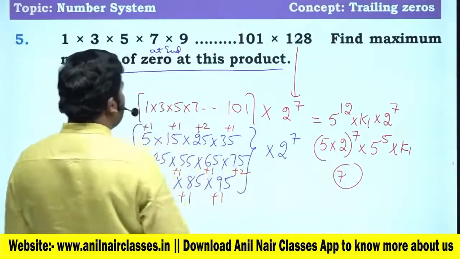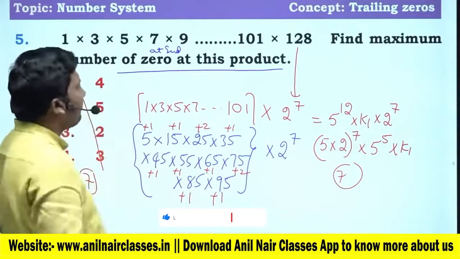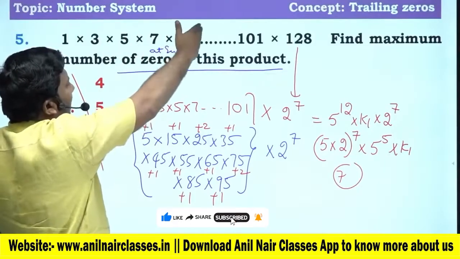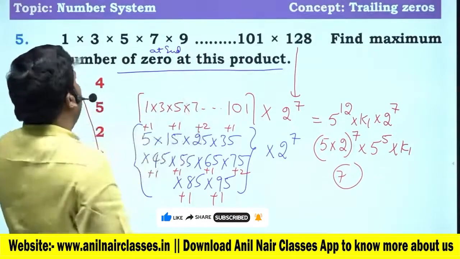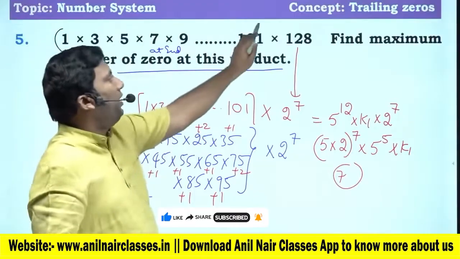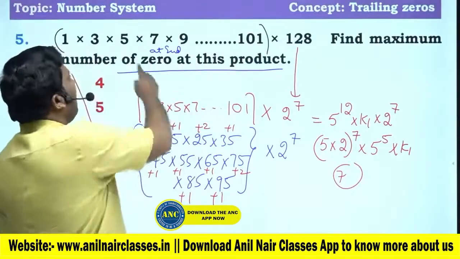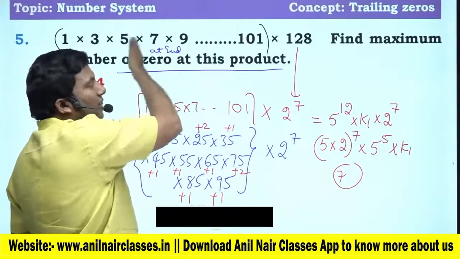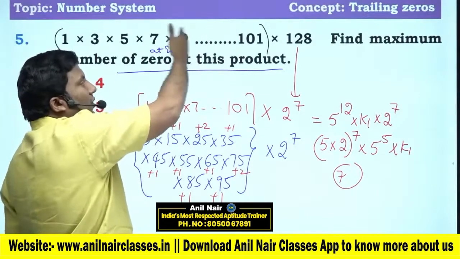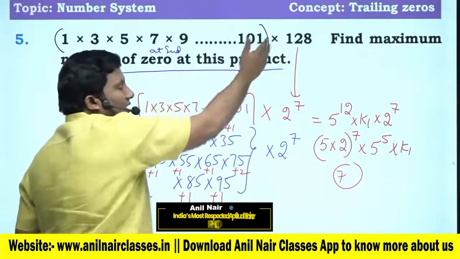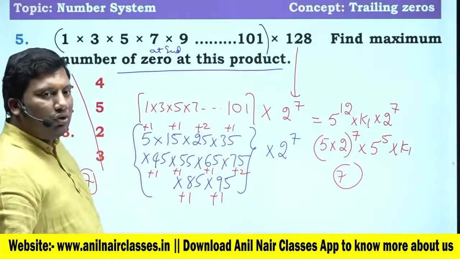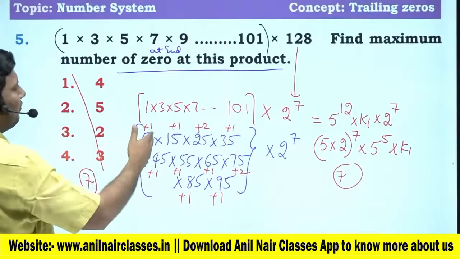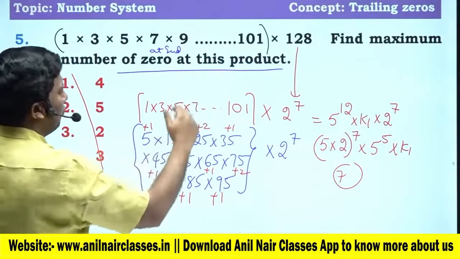Why will I keep the answer as 7? Now see here: 1 into 3 into 5 into 7 into 9 and so on up to 101. In this one, how many multiples of 5 will I get? 5 ones are 5, 5 19s are 95. The powers of 5 I am getting are greater than 7, so the answer will be the lowest power, which is the power of 2. So the answer will be 5 into 1 into 3 into 5 into 7 and so on up to 2 power